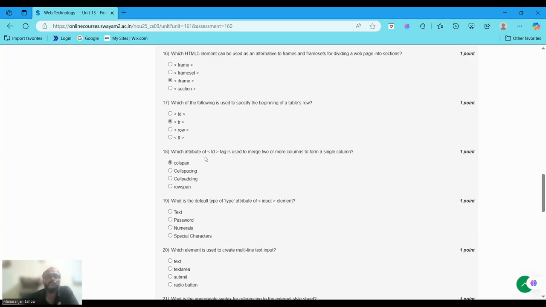Which attribute of TD tag is used to merge two or more columns to form a single column? 18, option goes to option A, that is called colspan, means column span. Clear? So colspan attribute for the TD or TH tag specifies how many columns a cell should span, effectively merging multiple columns into one. So option D, rowspan,